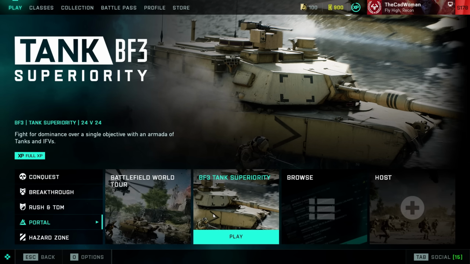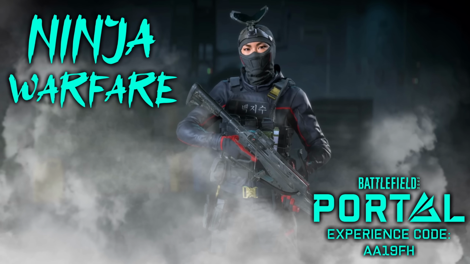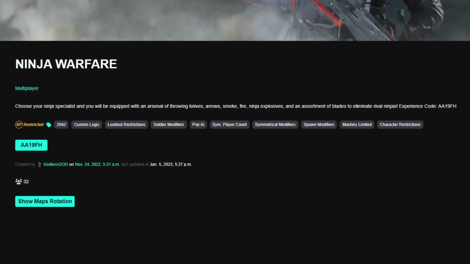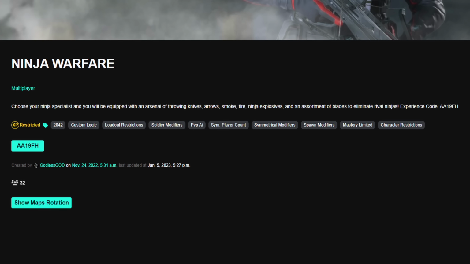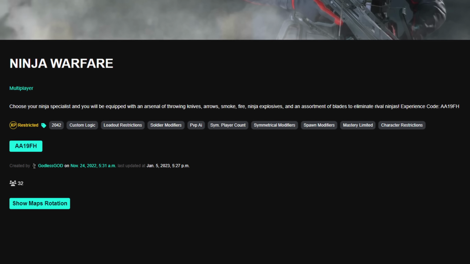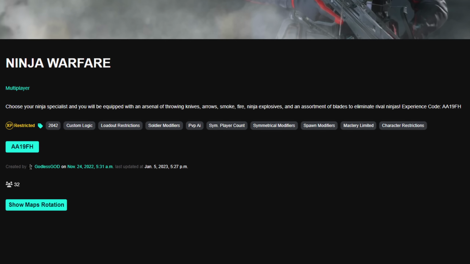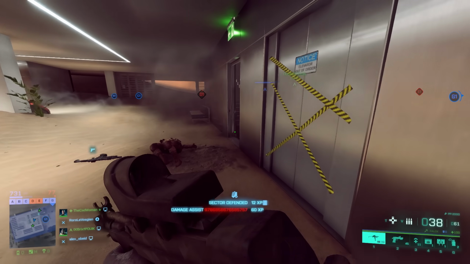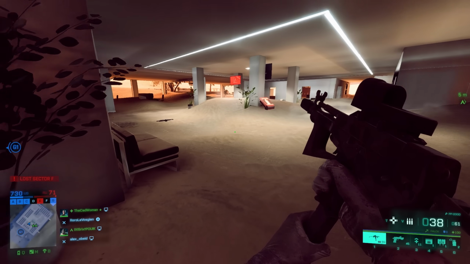On Friday, this mode will be replaced by a community spotlight called Ninja Warfare, but I can't really tell you what this mode will be. According to the description over in the Portal library, you have to choose your ninja specialist and you will be equipped with an arsenal of throwing knives, arrows, smoke, fire, ninja explosives, and an assortment of blades to eliminate rival ninjas. So probably a mode with limited specialists and a focus on melee and crossbow. No idea if this will be good, but if it sounds interesting for you, be sure to check it out